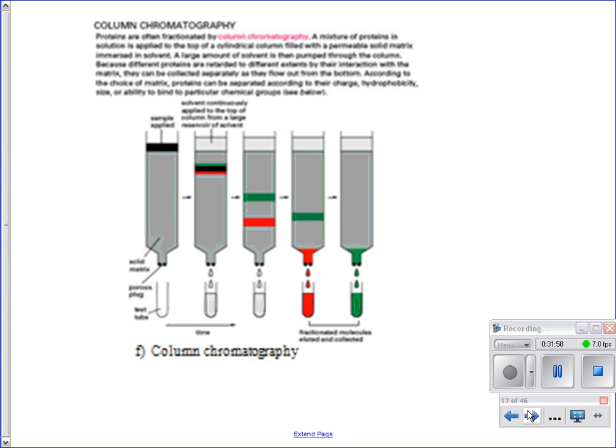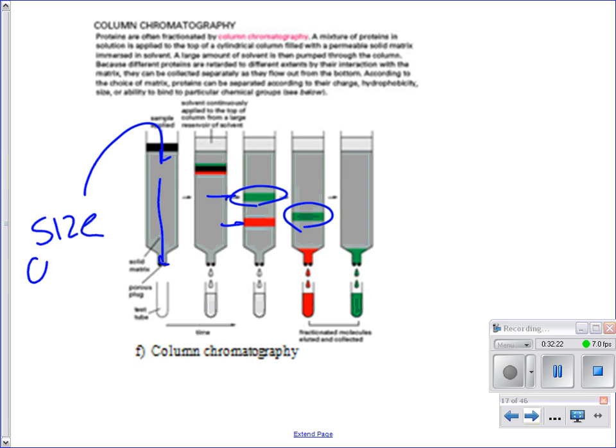The last one is called column chromatography, very advanced. I don't know if any of y'all have been in a biochemistry laboratory or in any lab where you've seen really, really tall columns in freezers, but you can put a protein mix in here and you can separate things by size, where big stuff stays on top, little stuff comes out faster, and they come out at different rates. Okay, big proteins, little proteins. Or you can have things separate by charge called charge exclusion, where if all this medium here is positively charged, stuff you put in that's negative would stay because it's attracted to it. Stuff that's positive would shoot out because it's oppositely charged.